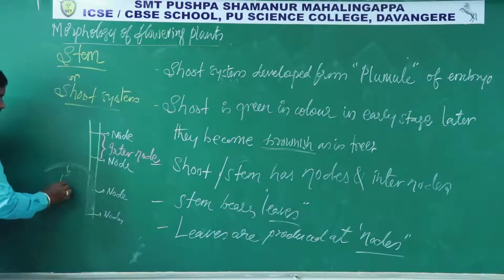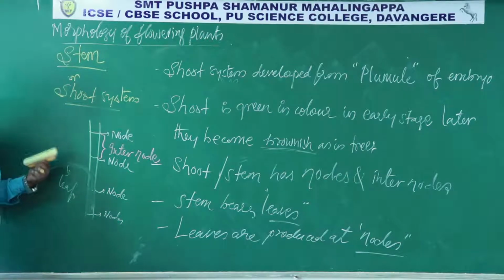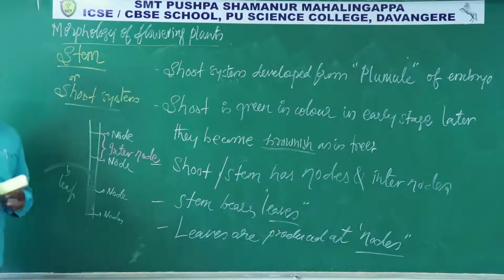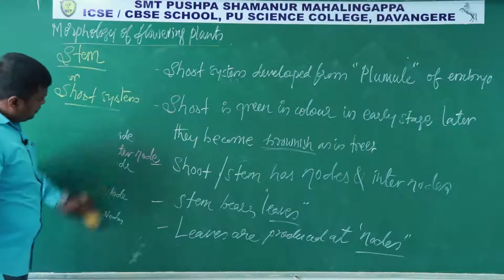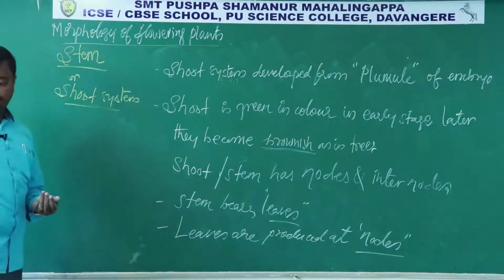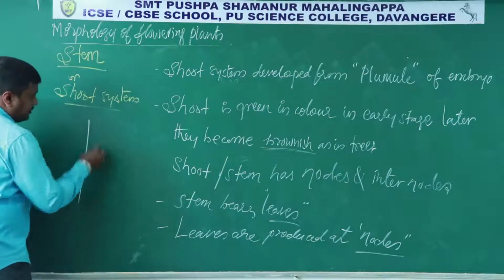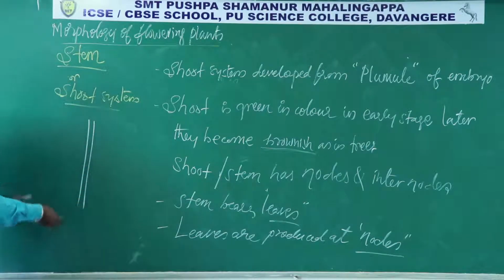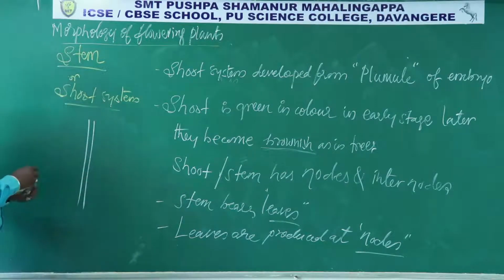Okay, so this is the leaf as in case of monocot, but in case of dicot it is a little different. So let's see how it is there in the dicot. So this is in case of monocot, but in case of dicot, so how is the structure. So in case of dicot, you can observe the stem, but here there are no clear cut line-like structures to differentiate nodes and internodes,